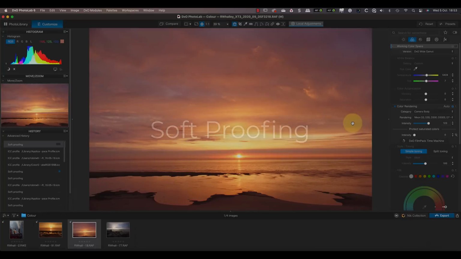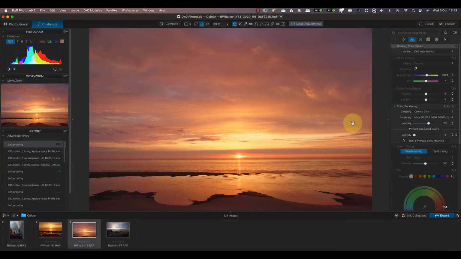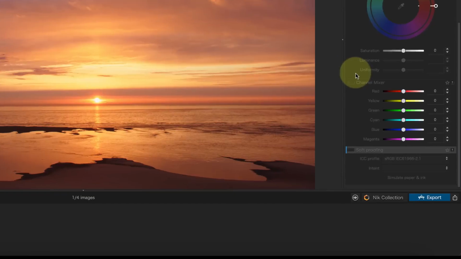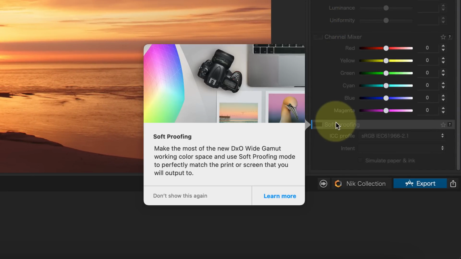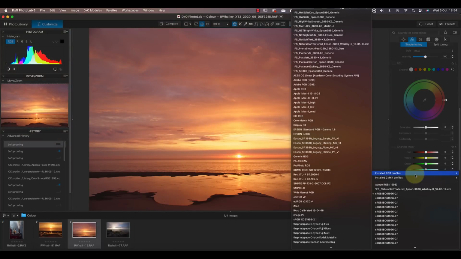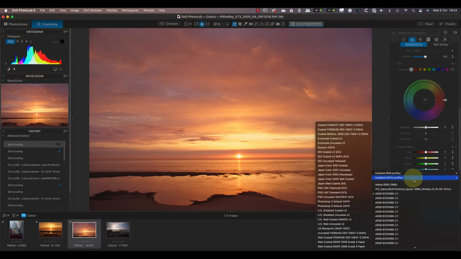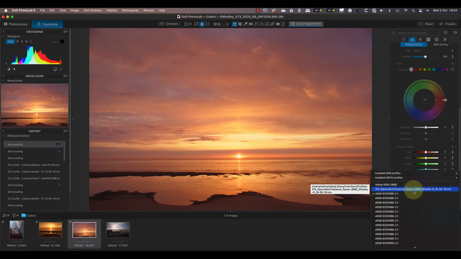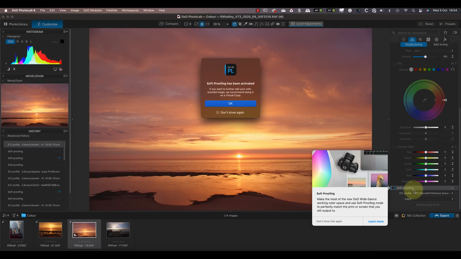This is something that I thought was missing for a long time, and if like me you do your own printing, this is essential. You'll find the new control at the bottom of the Colour tab. Here I can select from RGB and CMYK profiles I have installed on my computer. And if the software doesn't detect a profile, I can use the Choose ICC Profile option to select one. I'm going to choose one that I've used before, which is the PhotoSpeed Natural Soft Texture Paper, which I usually